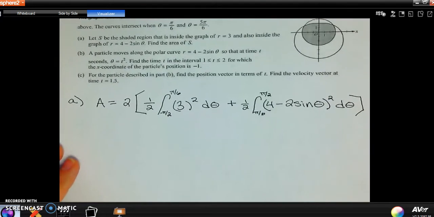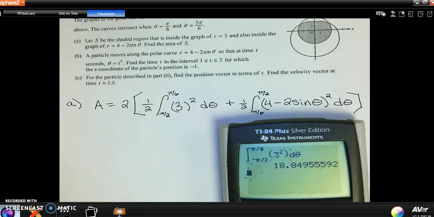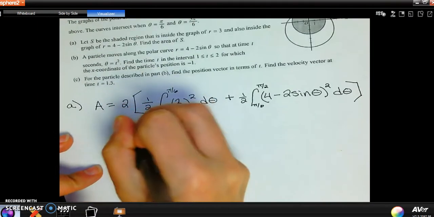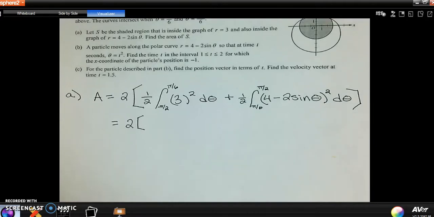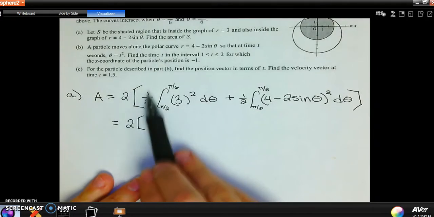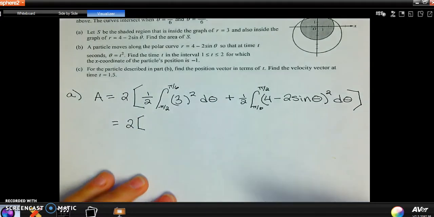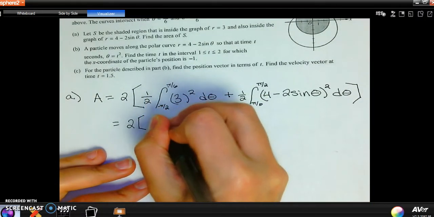So I have this, and this is a calculator active question, so I have that typed into my calculator. I did the first piece, and again, you're going to hit math 9 to get those bounds. I could have had the parentheses in there, but 3 squared is just 9, so that one didn't matter. So I've got this as 2, and I didn't cut that in half. Or you can say, this 2 distributed is going to get rid of those 1/2s. Either way, you could have that